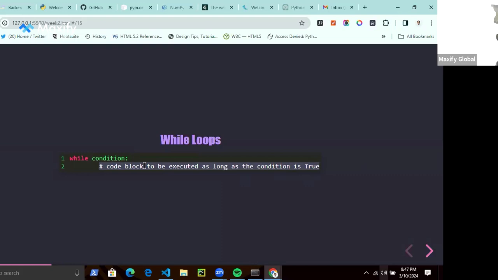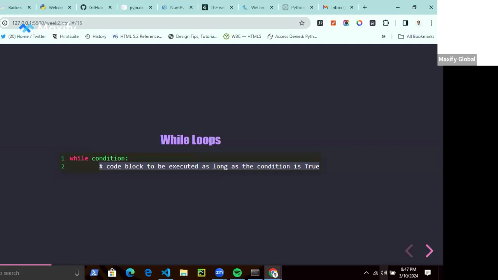But the difference between a while loop and an if statement is that a while loop will continue to run the block of code continuously until the condition becomes false. So we have to be very careful in order to make sure our program does not crash. I've been in that situation before where I wrote a while loop and I forgot to ensure that the condition resolved to false at certain points. The program continued to run over and over and over until I had to shut down the system and then restart the program. So we have to be very careful when writing loops because they can make our programs crash.